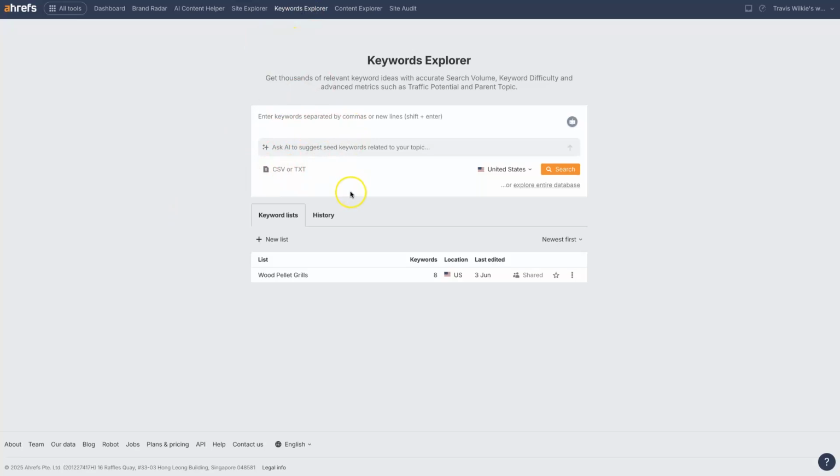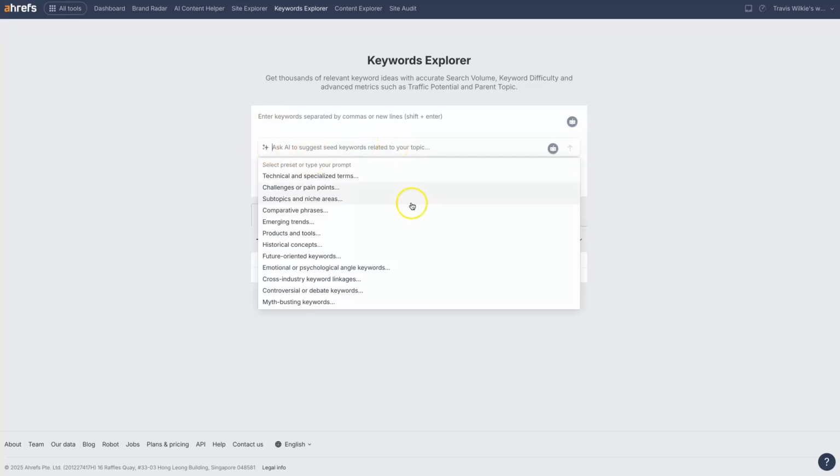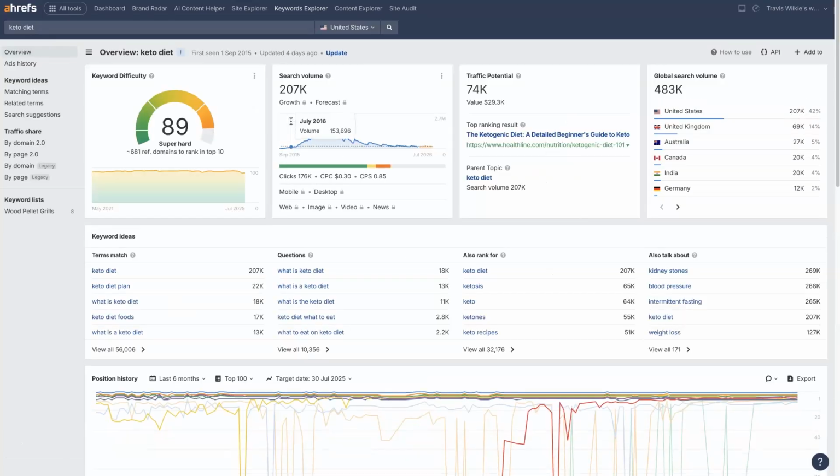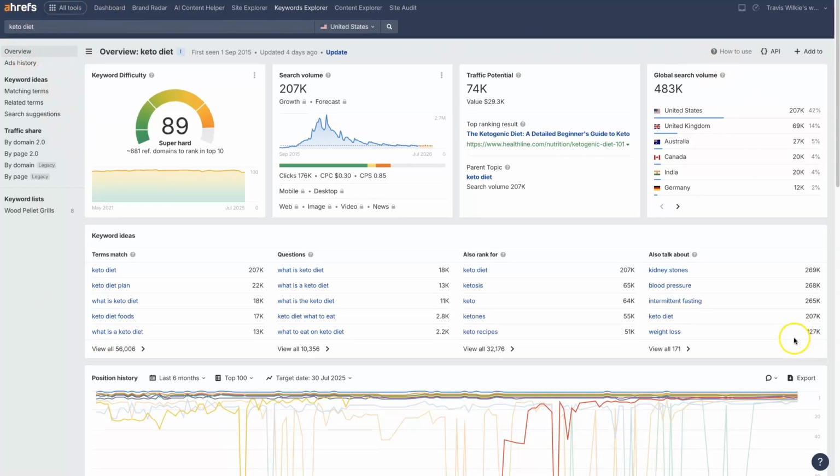There's a couple ways to do this. You can provide it with a number of different keywords. You just put a different keyword on each line. I typically just start with one keyword. And now you can even have AI help out with coming up with ideas. But I think something like keto diet or weight loss, some of these bigger terms, make for a good example with this. You plug in that term, hit go, and then it's going to show you all the data